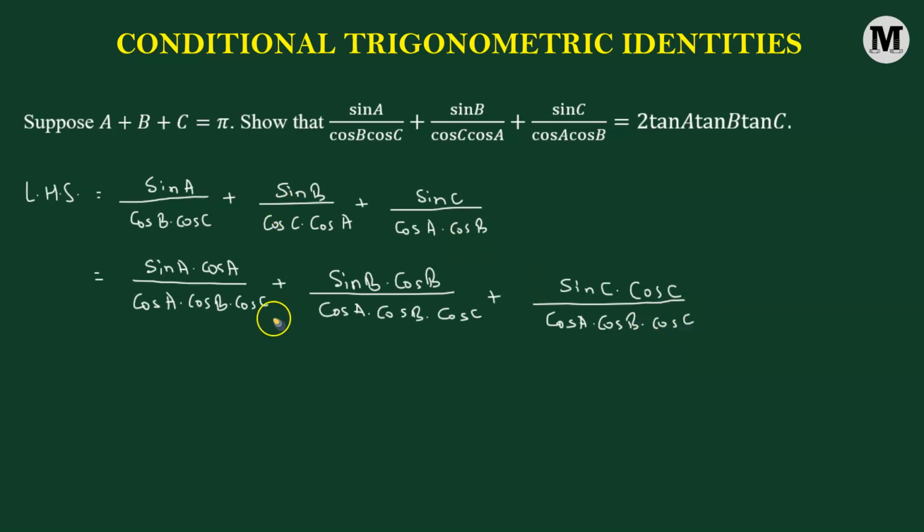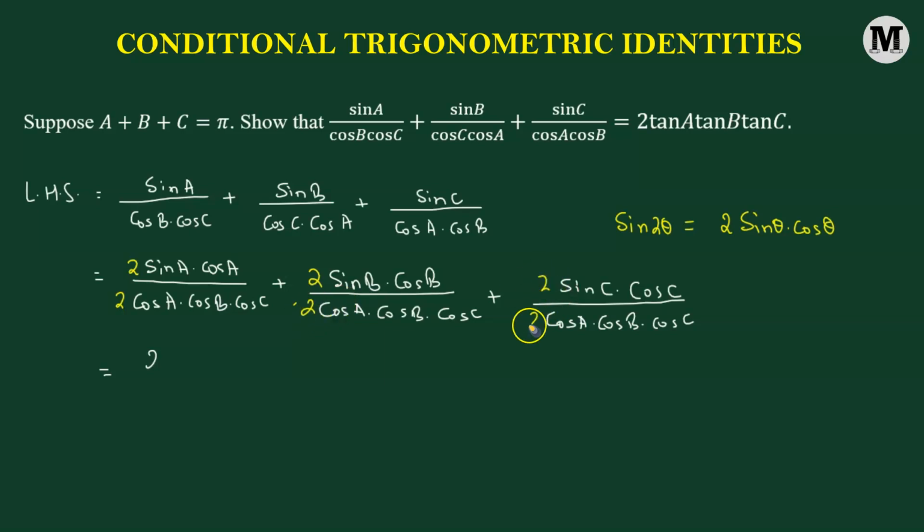Now here, the reason why we multiplied and divided with a cosine function for each of the three terms, is because in the numerator what we have is something of the form sine theta multiplied to cosine theta. Now if we multiply with a factor 2, then this is simply sine of 2 theta. So that means the numerator of the first term becomes sine, and here we need a factor 2 also, that's missing here. So what we'll do, we're going to multiply and divide by 2 in each of